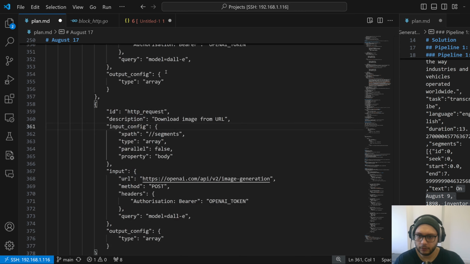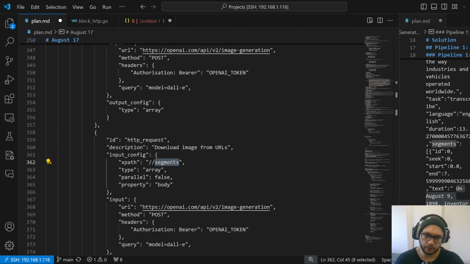HTTP request, download image from URL provided by URLs provided by. Okay, in this particular case, there is XPath for sure, but I think it's the URL itself. And now it's important to define the chaining of